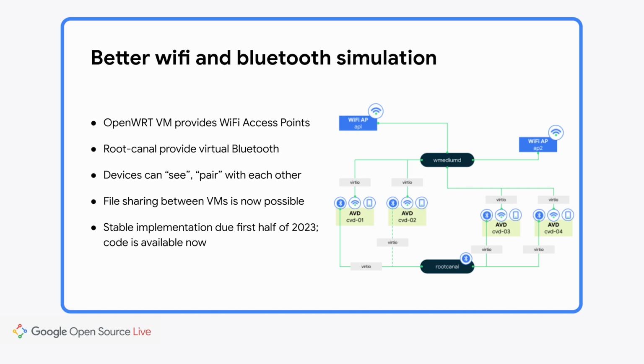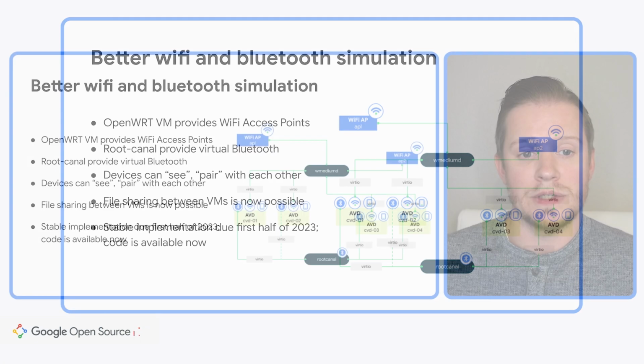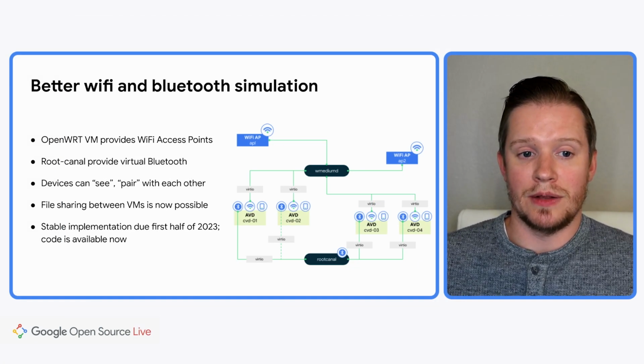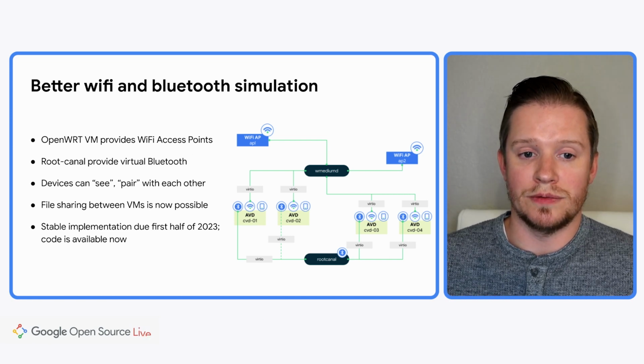So in AOSP now, the previous Cuttlefish networking stack has been removed. This provided a single virt_wifi access point, but it didn't allow any of the things like Wi-Fi encryption or Wi-Fi protocols to be specified. And it would only allow you access to the internet. It was like a fake Wi-Fi network. The new implementation creates another VM which runs the OpenWRT project, which is an open source Wi-Fi router project. That project is running in a separate VM. We call it the Access Point VM, and it is connected together over the network with the other Android virtual devices.